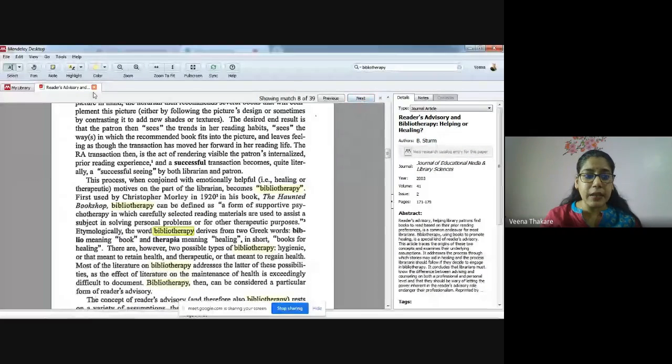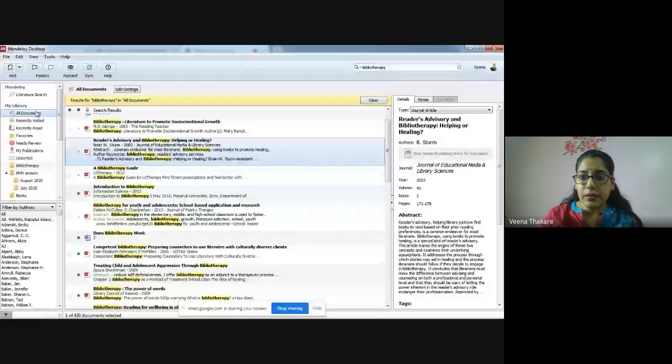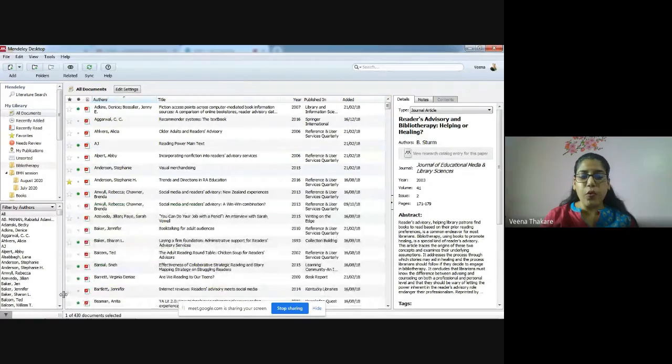If your library is big enough, as I said, my library is, currently, let me just clear this word, as you can see at the bottom, 430 documents in my library. So for me to find a particular word or keyword where I had read it, it is not easy to find it quickly just based on my memory that I had read it last year and which author it was. So this search within the library helps you as well.